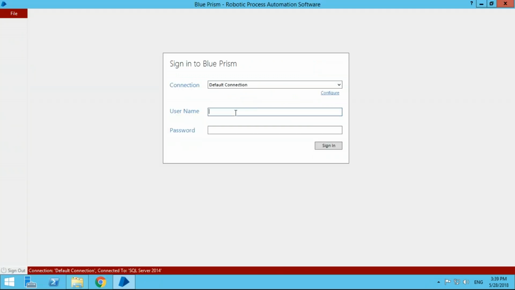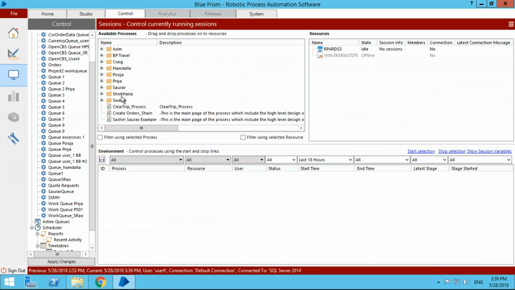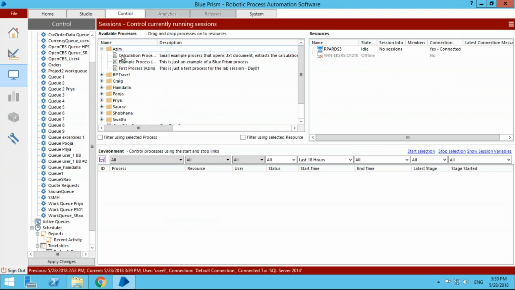I just want to show you guys how it runs in a real environment. You'll be shocked at how quick it is. Okay, so what is my process? That's the calculation process. You guys ready? If you blink, you will miss it. Literally. Everyone ready to look at this?